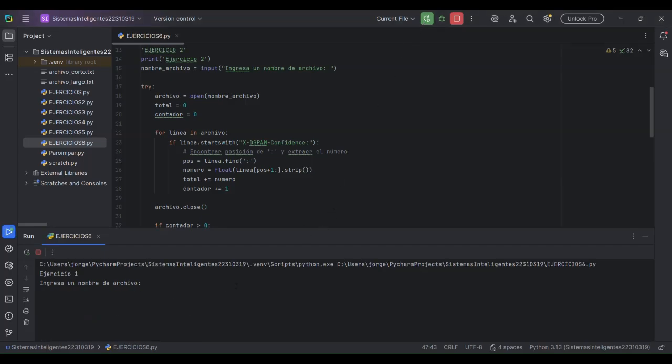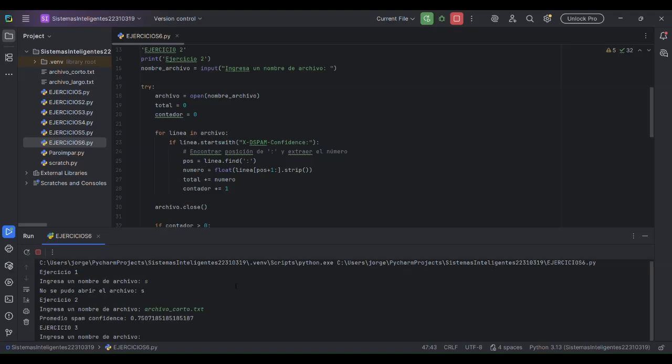So, for example, again, if I use archivo, I'm sorry, .txt, it also works and gives a different average.